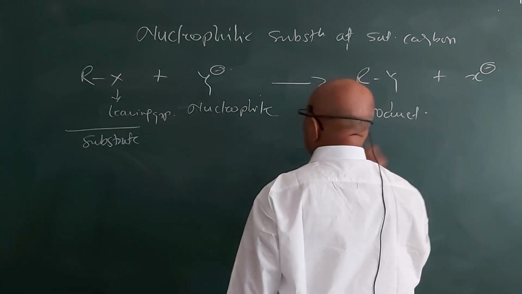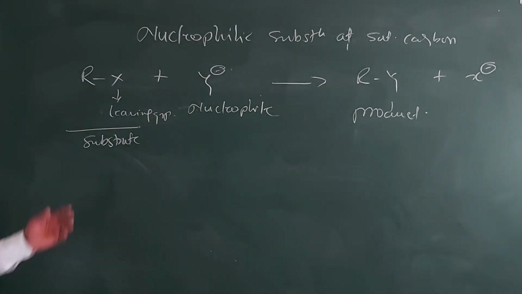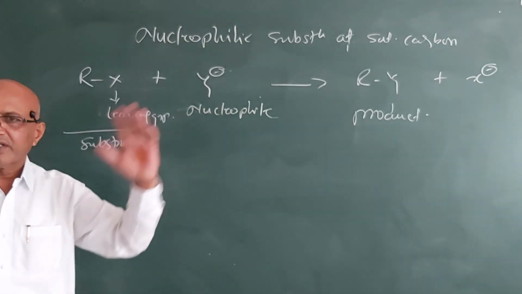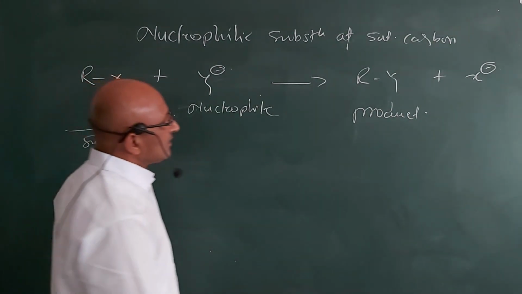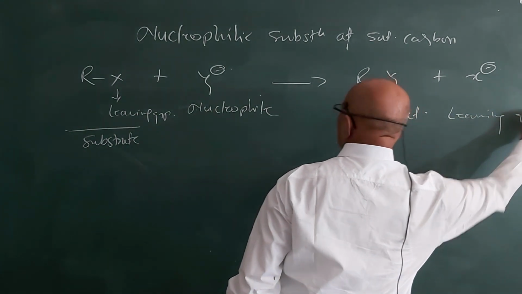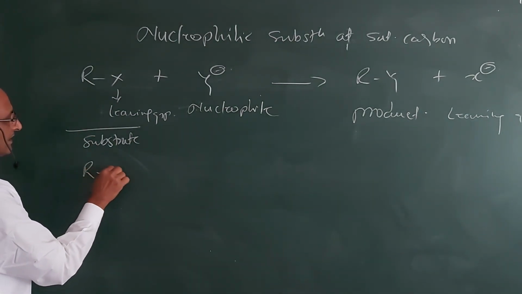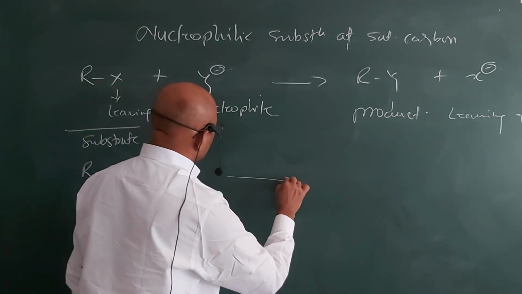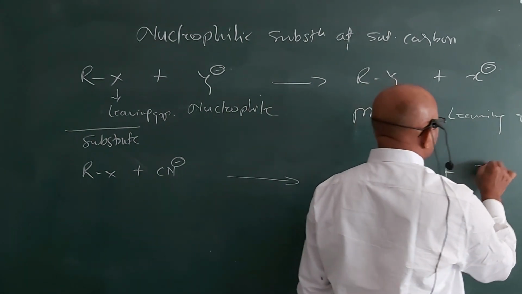And so in this way there are different types of reactions, where different types of substrates will react with different types of nucleophiles, and you will get different types of products along with the leaving group. Here this is your leaving group. The different types of reactions that we have studied so far include RX plus CN minus, where you will get the formation of RCN plus X minus.